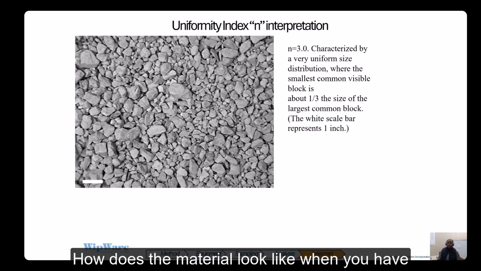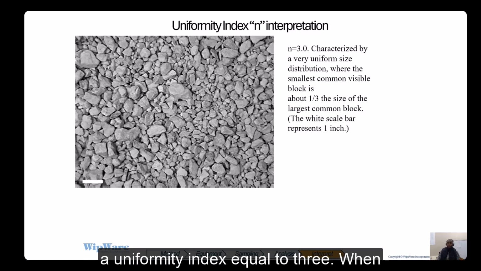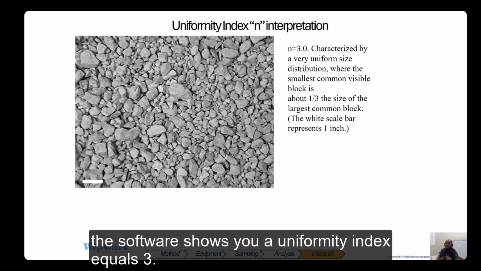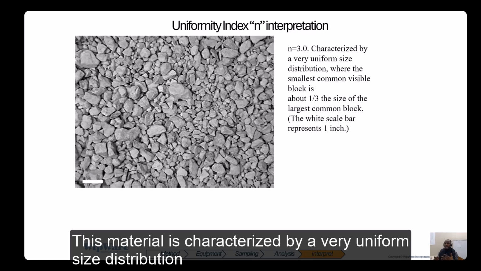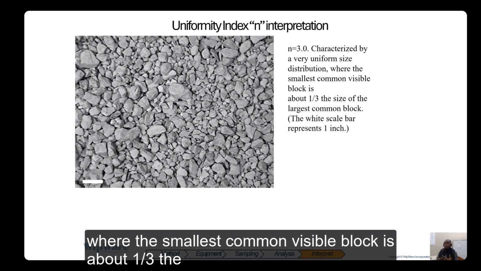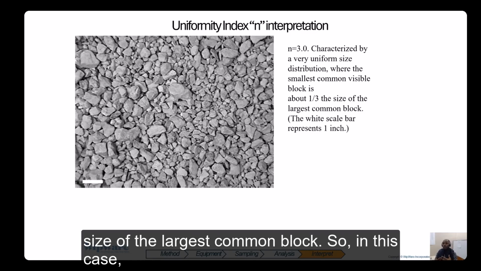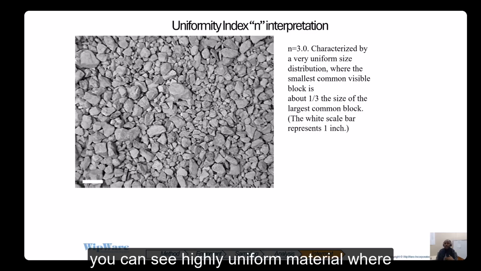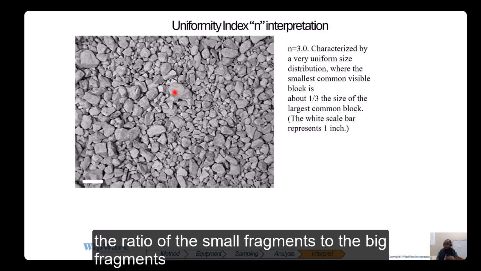more about the uniformity index. How does the material look like when you have a uniformity index equals to 3? When the software shows you a uniformity index equals to 3, these are material characterized by a very uniform size distribution, where the smallest common visible block is about 1/3 the size of the largest common block. So in this case, you can see a highly uniform material where the ratio of the small fragment to the